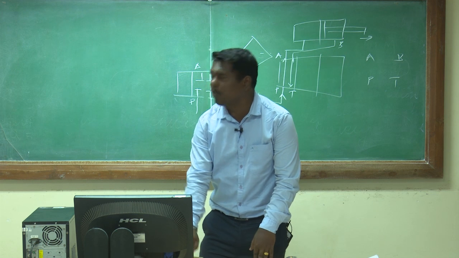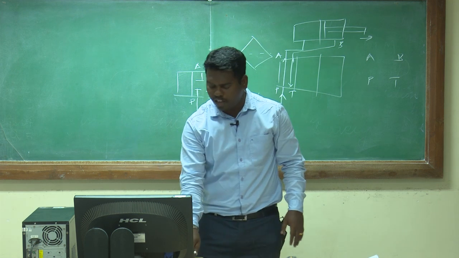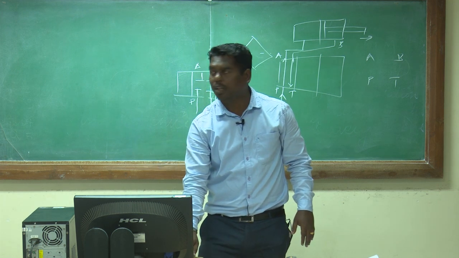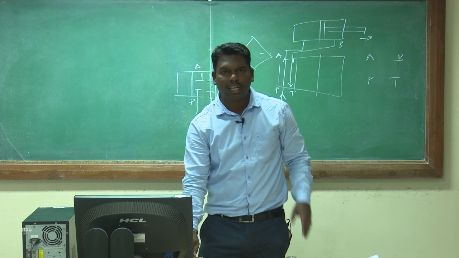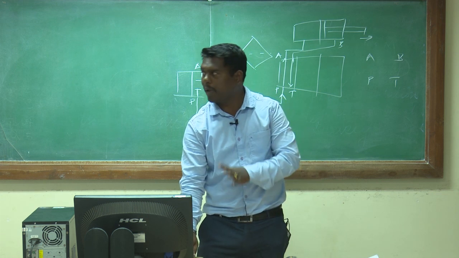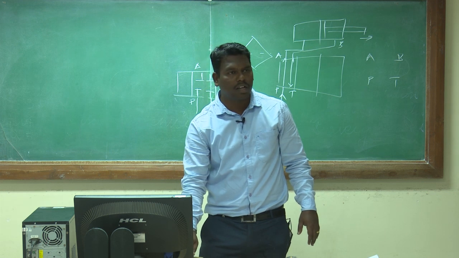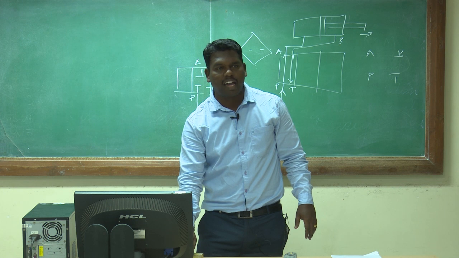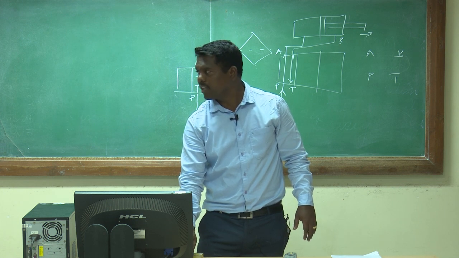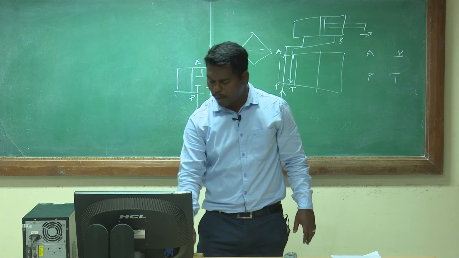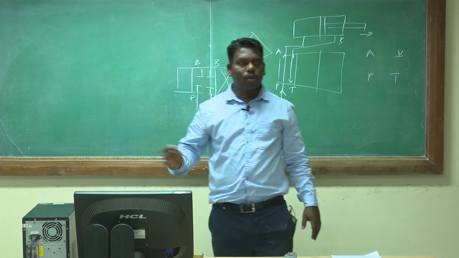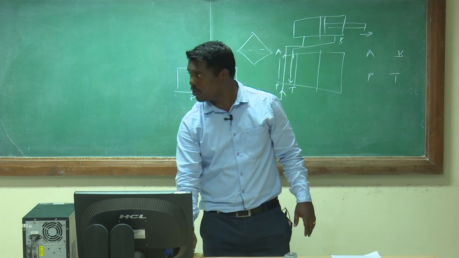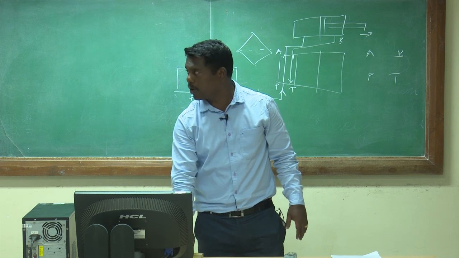So these are the basic components. Oil reservoir, from which oil will be transferred, then filter in which impurities will be removed, then pump and motor that convert hydraulic energy into mechanical power, then pressure regulator, to control the pressure, then direction control, to direct the action of fluid, then flow control, we can control the flow, and the actuator is nothing but we can get some output work. So this is the general layout of a hydraulic system.